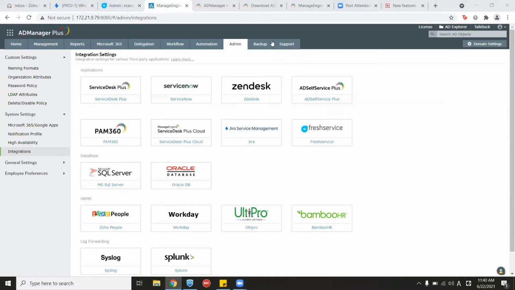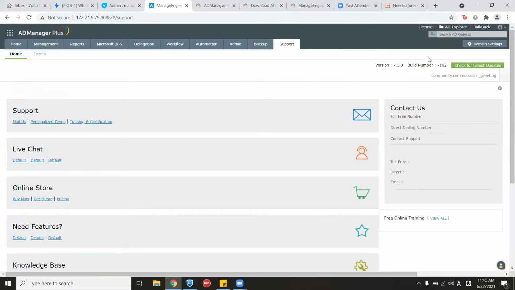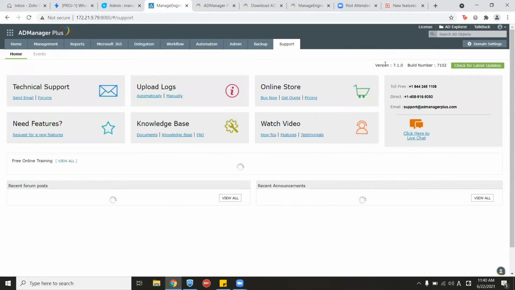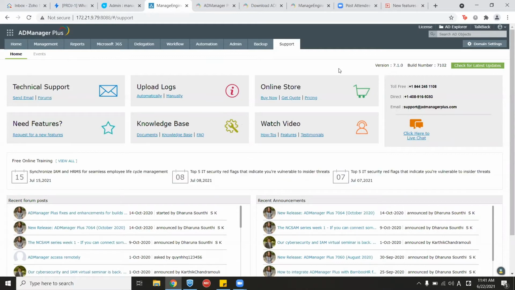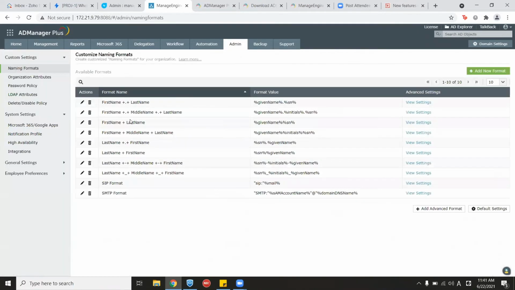As you can see here in the support app, the version that we're using is 7102, right? So you can always download the service pack. I will be sharing the links for that at the end of the session, so you can upgrade to the latest version. Right, so coming back to the admin settings integration,